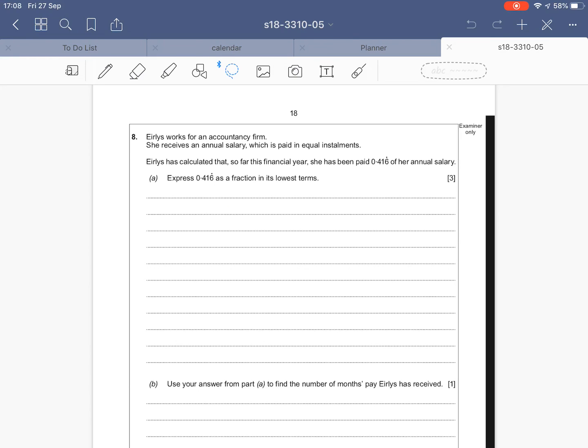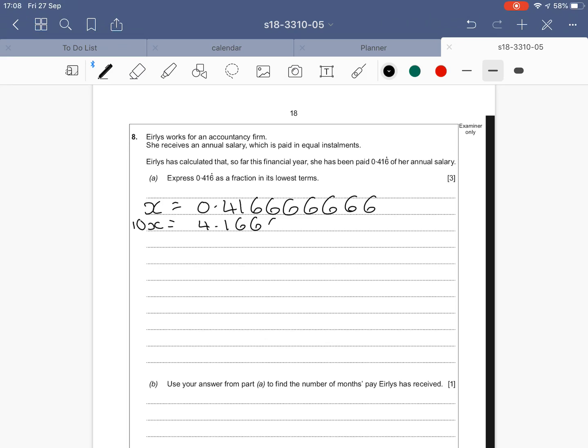So 0.416 recurring, it's just the dot above the 6, so it's just the 6 recurring. If we say that's x, to turn it into a fraction, we want to keep timesing it by 10 in order for us to get the same digits after the decimal point, and then we can subtract them and the decimals get eliminated. So if I times it by 100, I've got